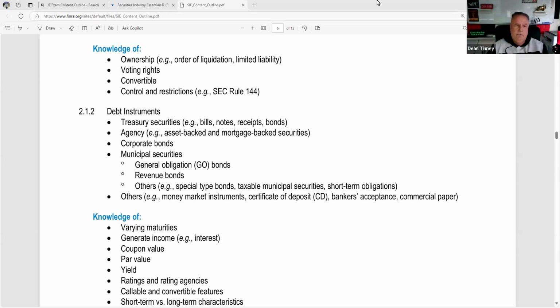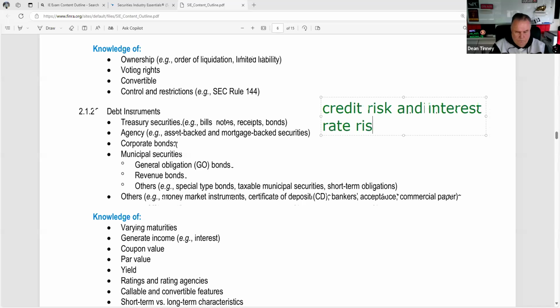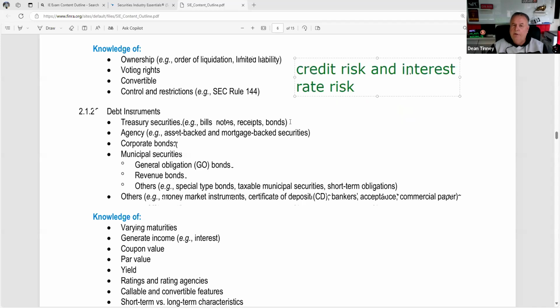Let me get my annotation tool going here. Is credit risk and interest rate risk. Test question. You don't have credit risk in Treasury securities. If somebody's worried about safety of principal,